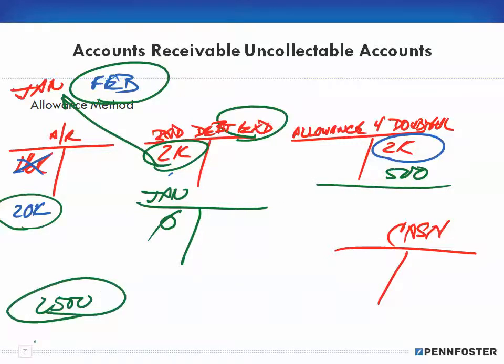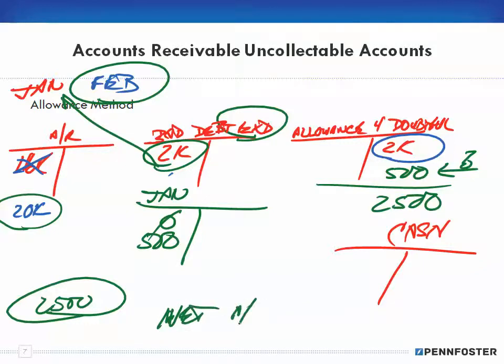I determined $2,500 is bad, and I want to end up with a balance of $2,500. To get to that balance, how much do I have to write off? I have to write off $500 more. So now my $500 would go into my bad debt, and I'd have an accurate accounts receivable of 20,000 less the 2,500, or my net